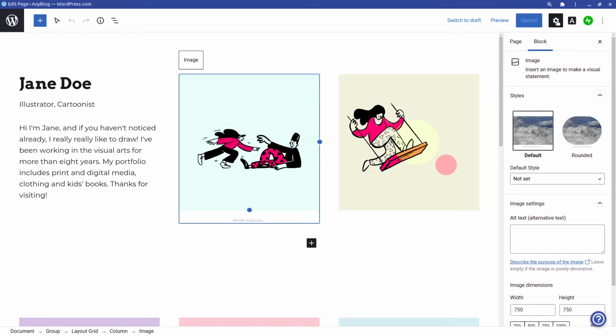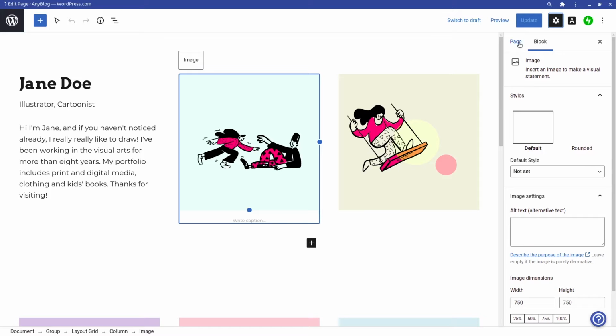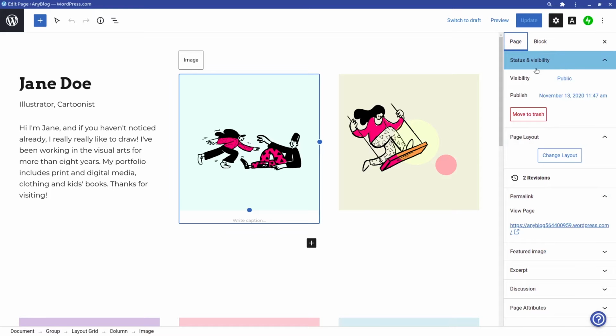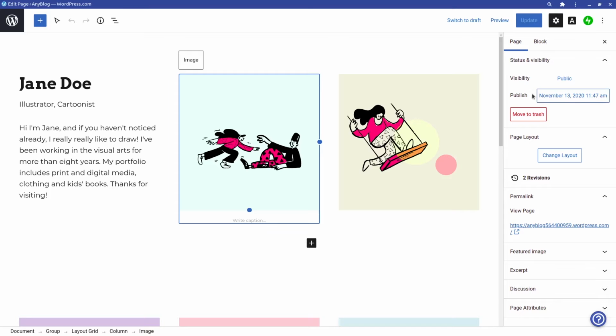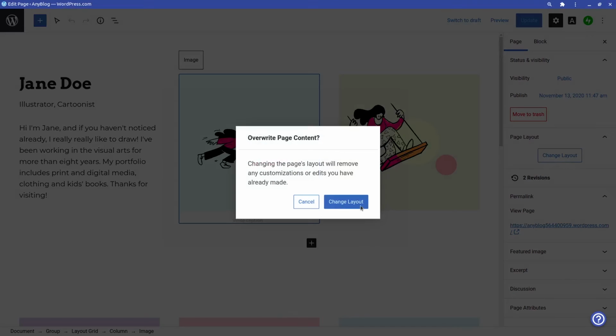And then this is the second button, which is already triggered at the beginning. The first one is the status and visibility. You can set the visibility to public, private, or password protected. And then this one is the template, and you can change your layout. If you click on this, it will tell you that if you change your layout, it will override the page content that you have put on this web page. And if we go to change the layout,